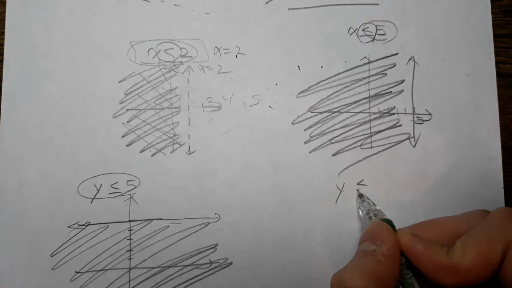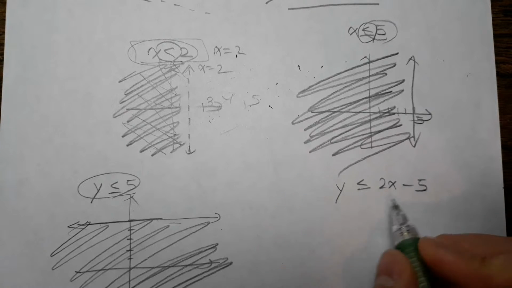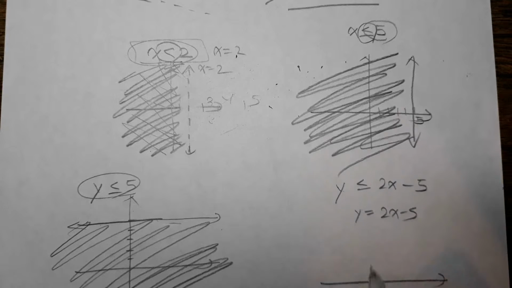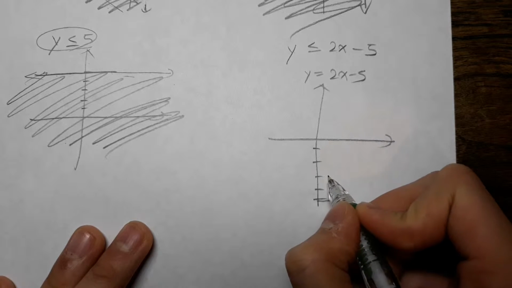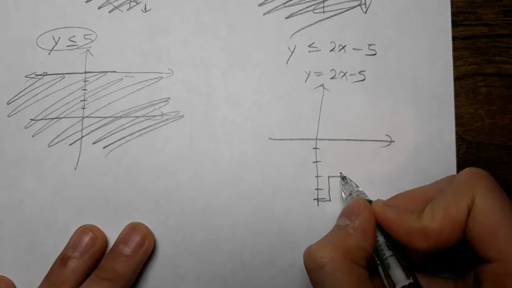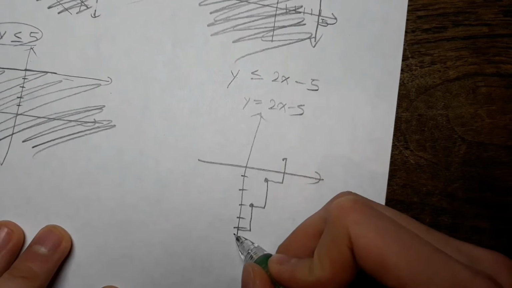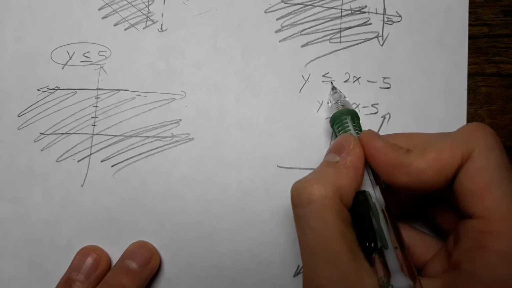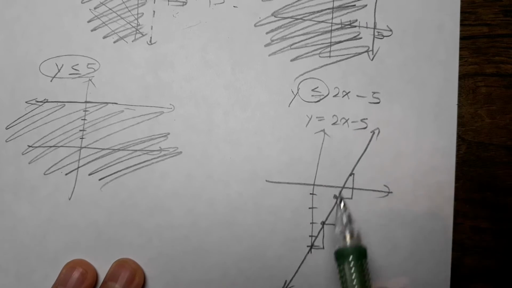And next is y is smaller or equal to 2x minus 5. So we first have to graph 2x minus 5, which is 1, 2, 3, 4, 5, and 1 right, 2 up, 1 right, 2 up, 1 right, 2 up. And because this is a solid line,